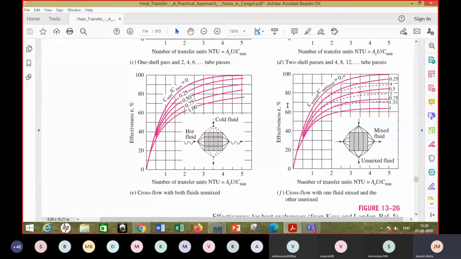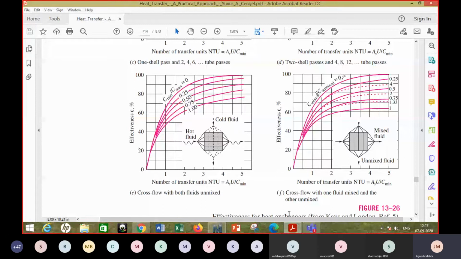And this method actually can fit in many problems which may be solved with the LMTD method also. In that case, it may be the opposite thing, that is the effectiveness may be available and you may have to find out NTU. So in that case, you can find out NTU and find the area. So that may be kind of a design problem also. Okay, but in general, you can say that the NTU method is for selection problems and the LMTD method is for design problems.